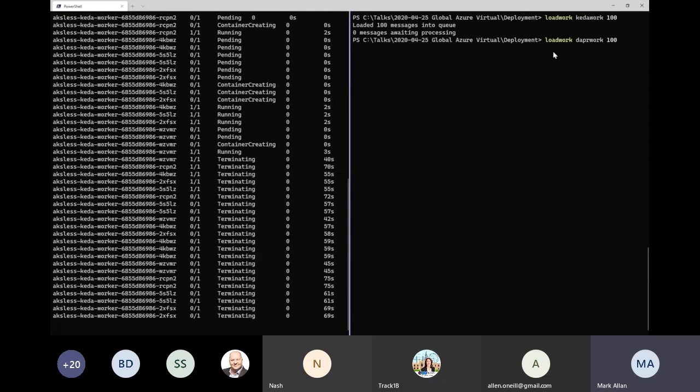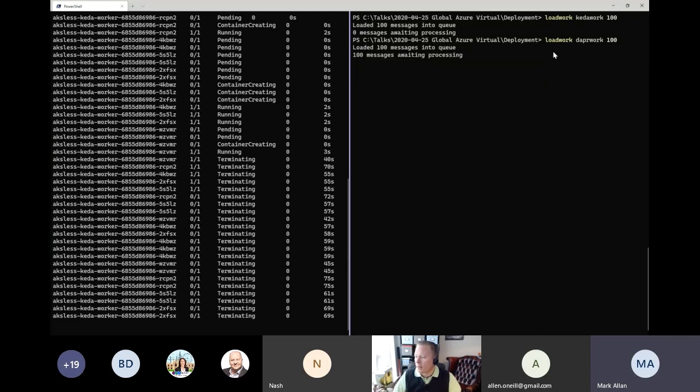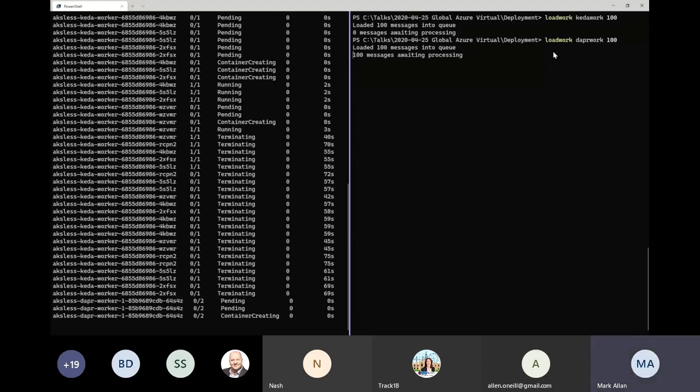I could have tied it up to a RabbitMQ that was running in a container in Kubernetes. I could have defined that RabbitMQ container in OAM just by defining the container, and that was a singleton or as an auto scaled, however that was set up. But I now have that running, and if I do the same thing here and we cross our fingers, 100 messages in the queue, and if Dapr is awake, it is awake.